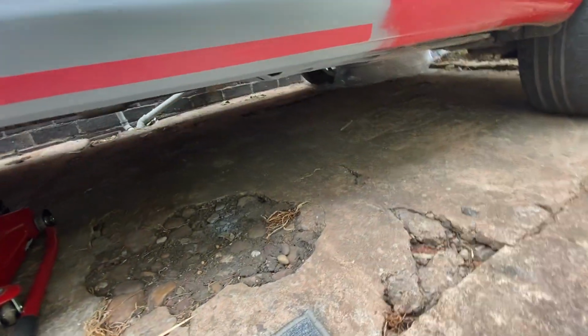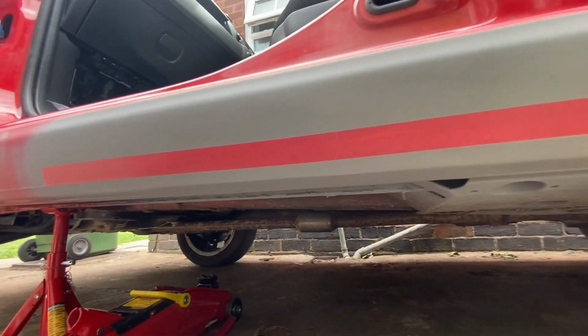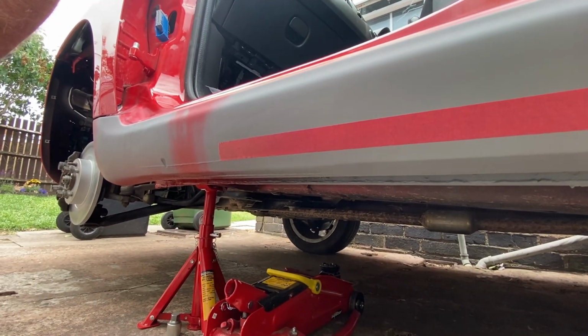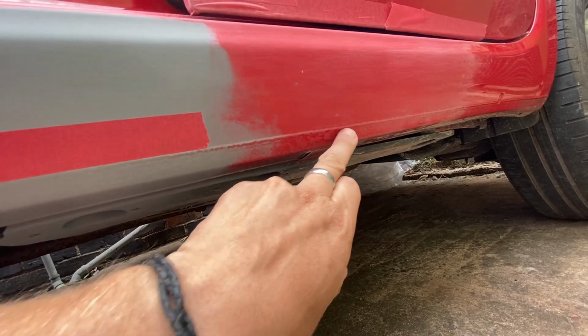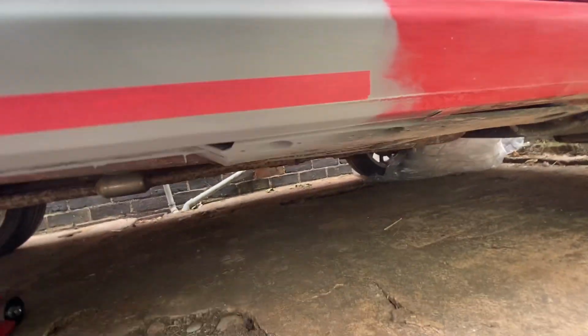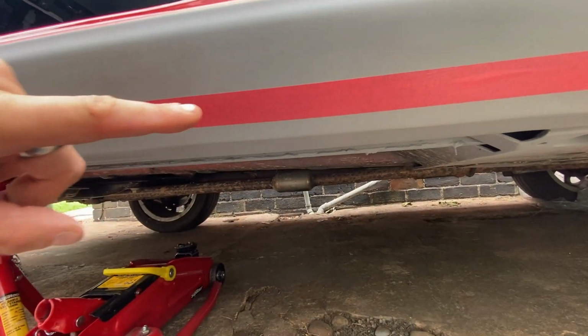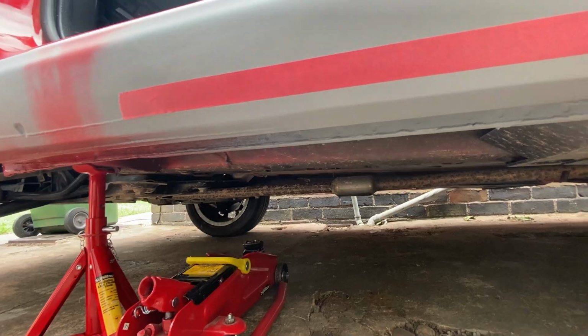Right, so we're this far, but I need to achieve this textured stone chip. So what I'm planning on, I've masked off where the line should be, and I should use stone chip, but I don't have any, so